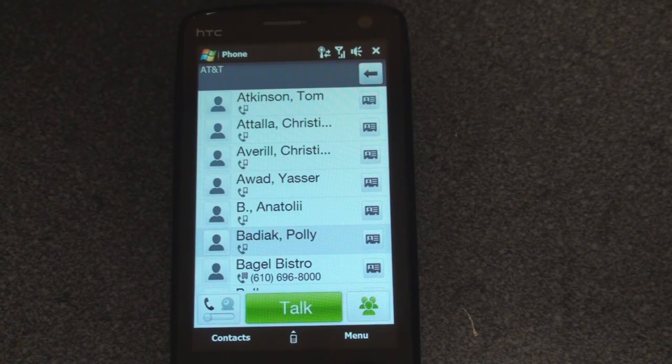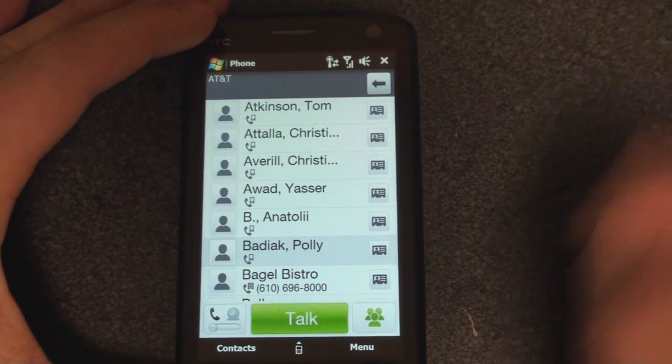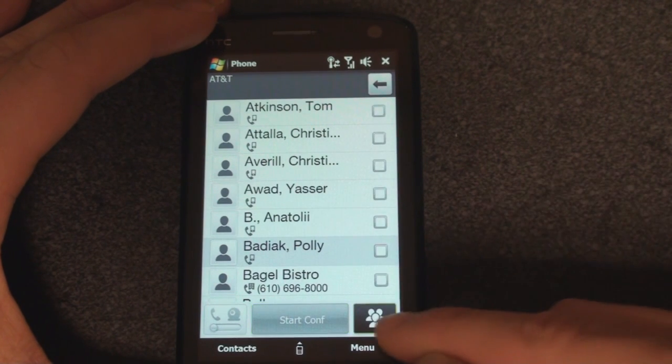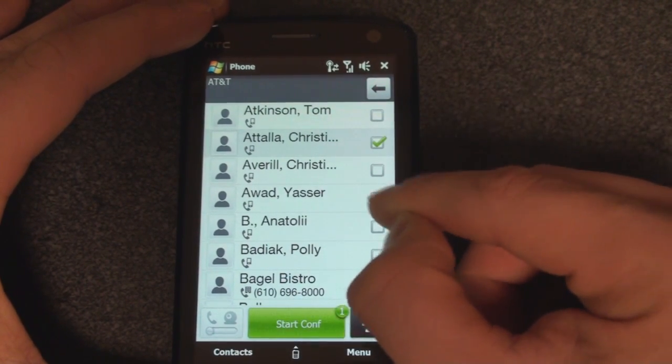And here's something else that has been added to the phone application, the ability to quickly conference call with certain people. Now, the HTC Touch Pro 2 will actually have 2 microphones and 2 speakers to be conducive to really great, high-quality conference calling. So I'm assuming the Touch Diamond is going to have this feature too. It's not going to have the dual microphones and dual speakers, but it'll probably have this, what I'm about to show you. If you check off the conference call button, you can go down and select different people to have